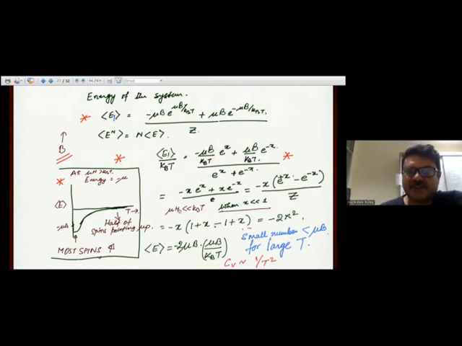Now, when mu b is much smaller than kBT, kBT is very high. That's when x is much smaller. And then, of course, this z is a constant factor. Then we can write this as, wait, there has to be a z factor as well. So, but